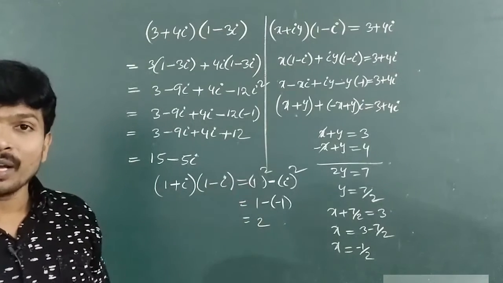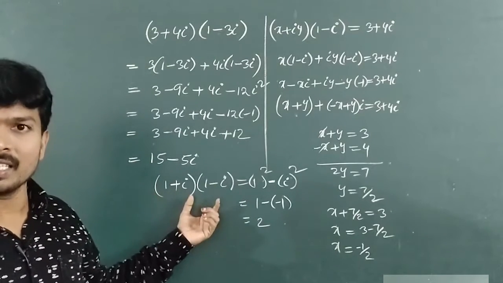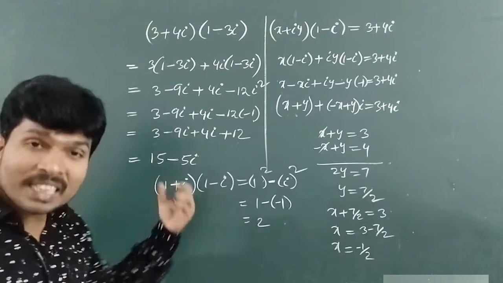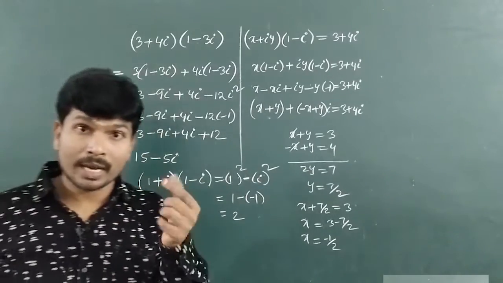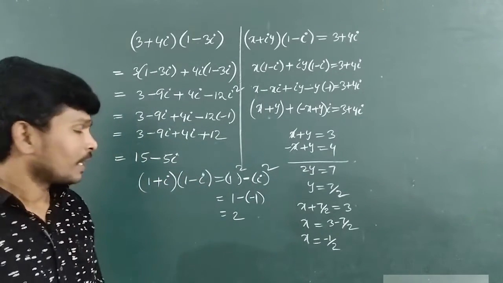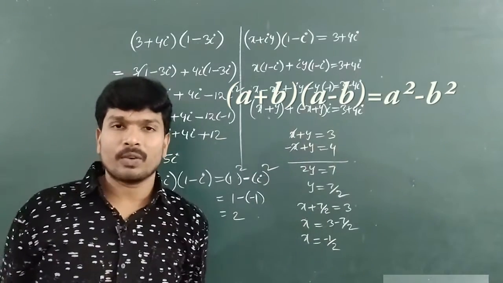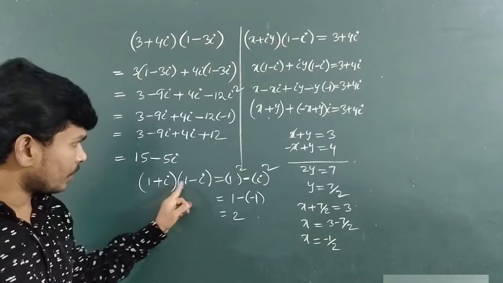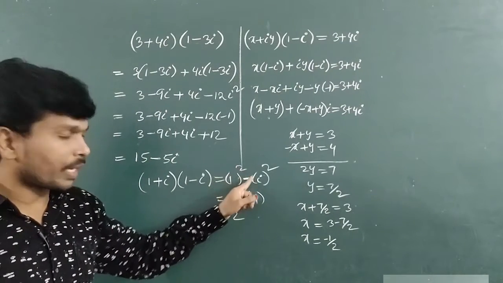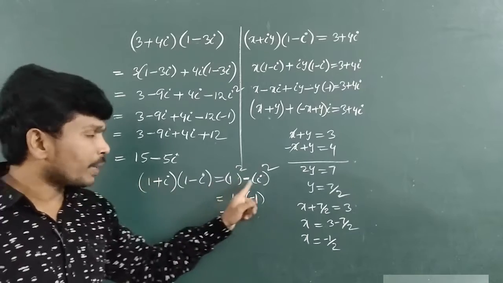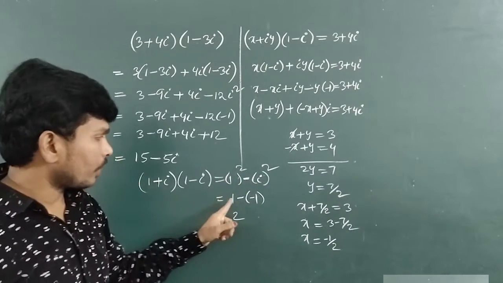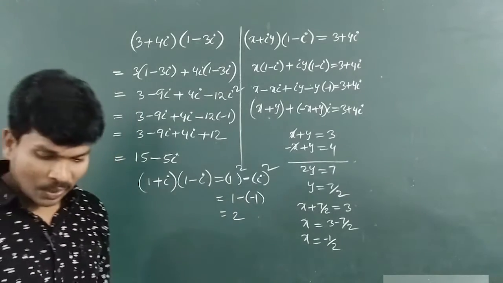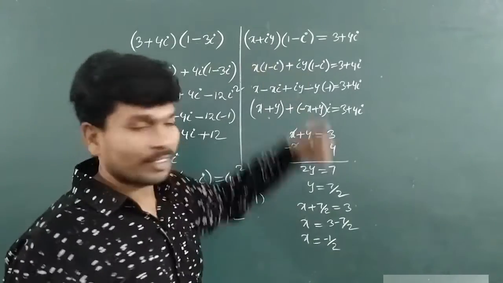smart students do it like this, right? Because when you have observed this a plus b into a minus b, when you have seen this problem, immediately in your mind raised one formula. What is it? A plus b into a minus b is equal to a square minus b square. So like that, it is a, it is b. So formula is a square minus b square. A value is 1 and b value is i. So 1 square value 1, minus into minus plus. So 1 plus 1, 2. You got it. Okay, one more problem here.